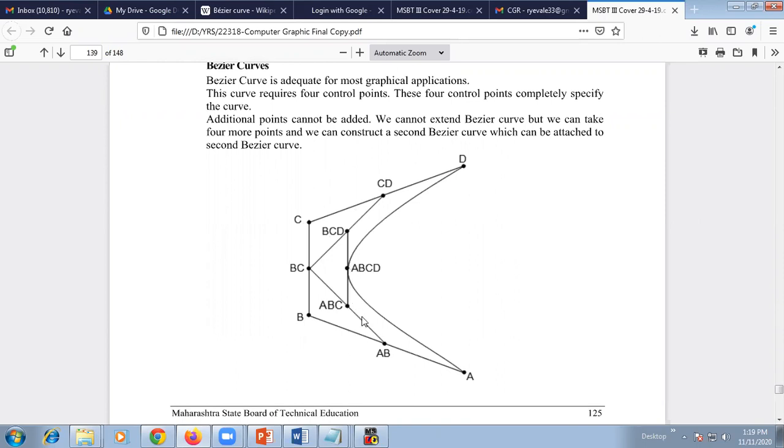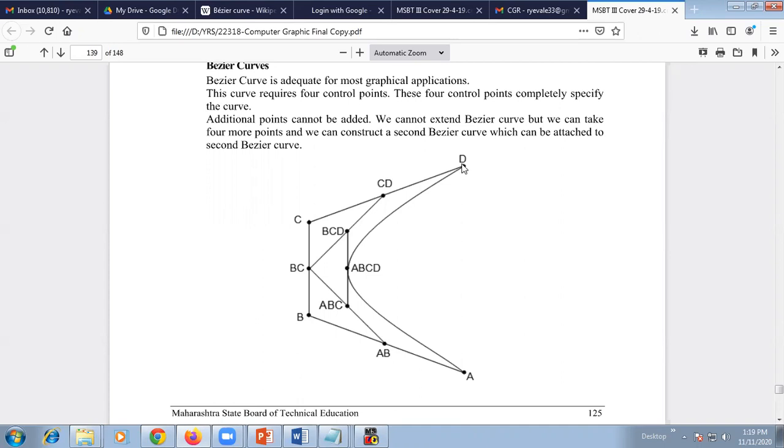This is a curve, remember, and to operate on that curve we require 4 points, and those 4 points are called control points of that particular curve. So that curve has to be controlled using those 4 points.